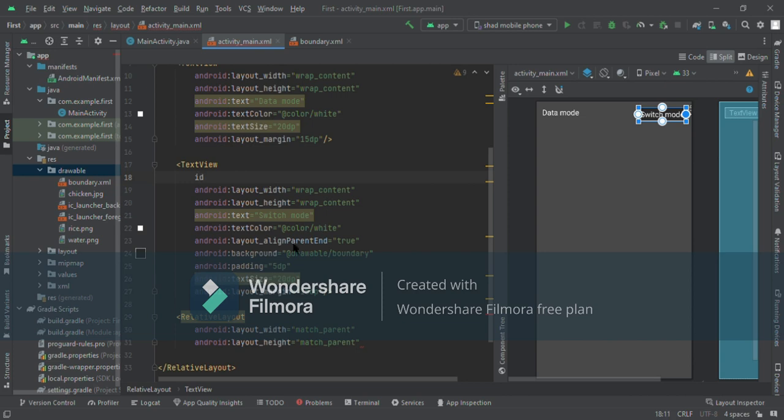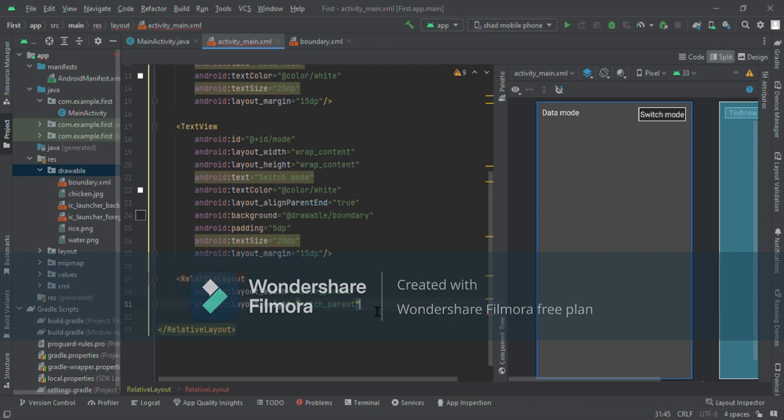So I'm going to call it mode. Okay, so I'm going to say this layout has to be below mode. So say layout below mode,